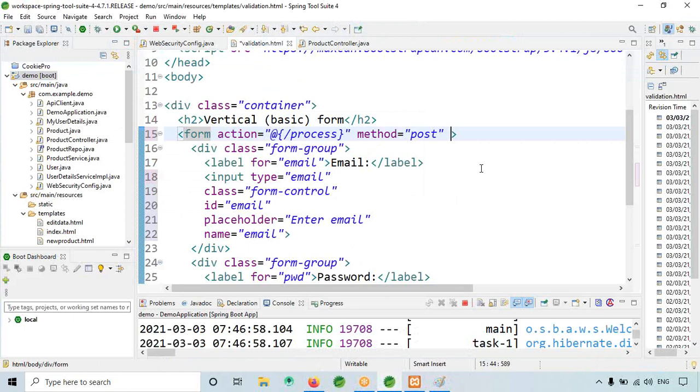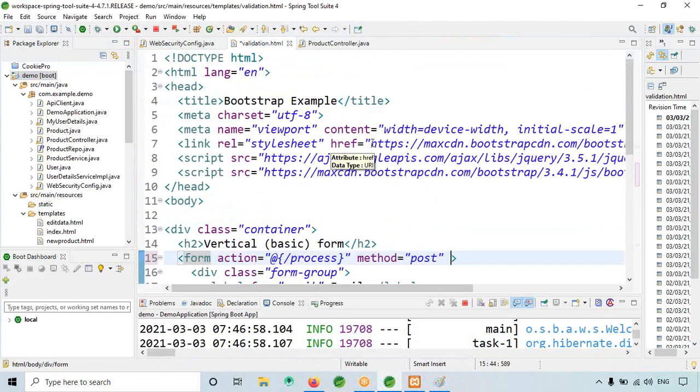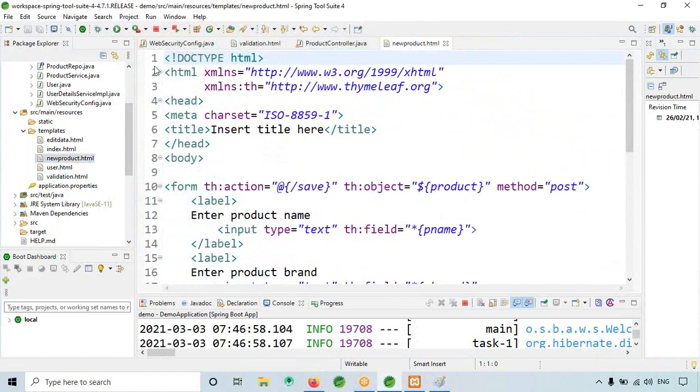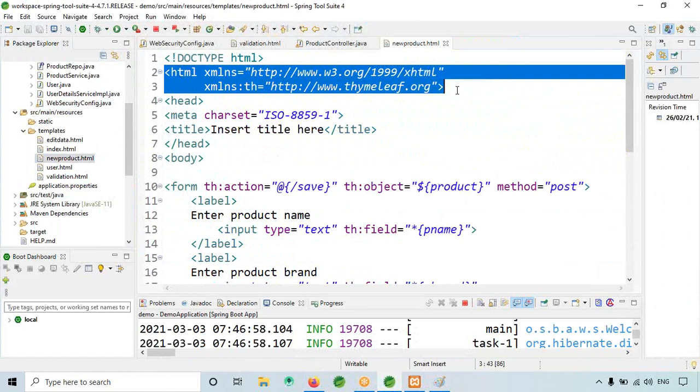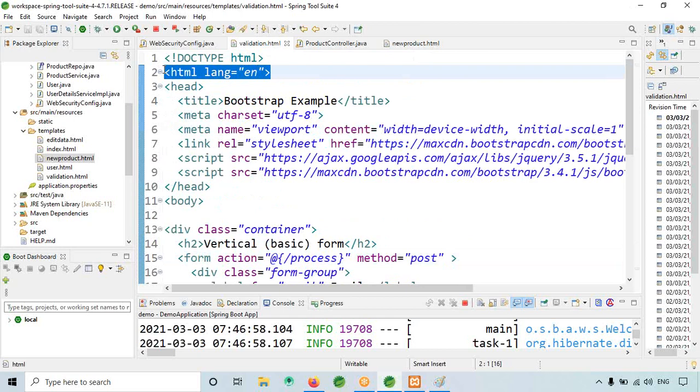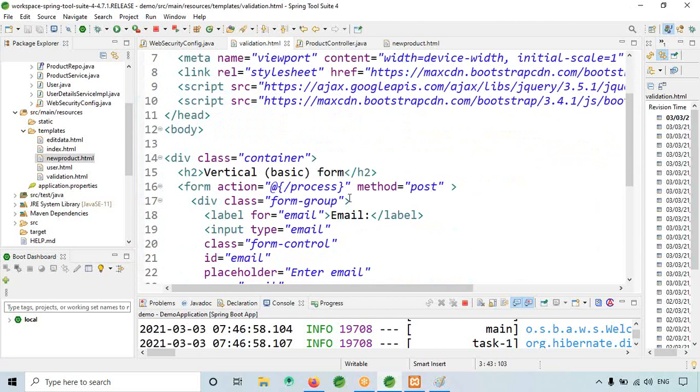So here, since we are using Thymeleaf, we want a Thymeleaf tag, which is already there in the new project. The tag is this one. I'm just copying this tag, and this one I'll replace with this.